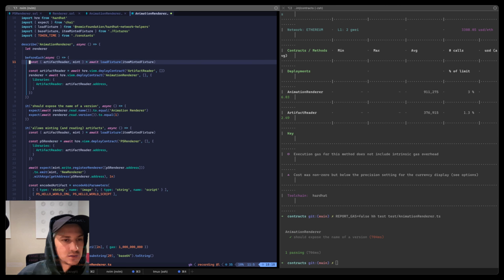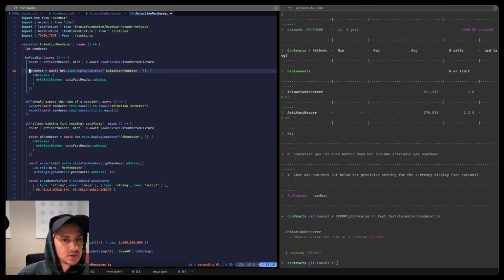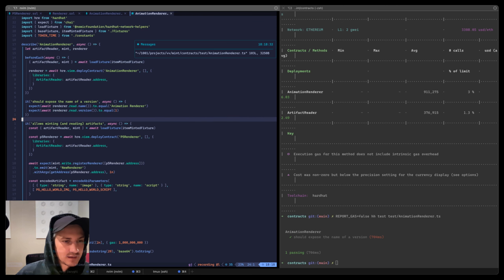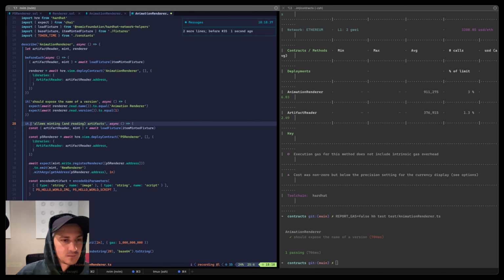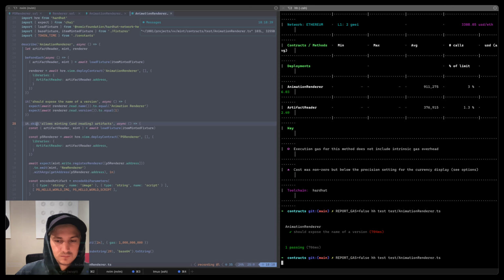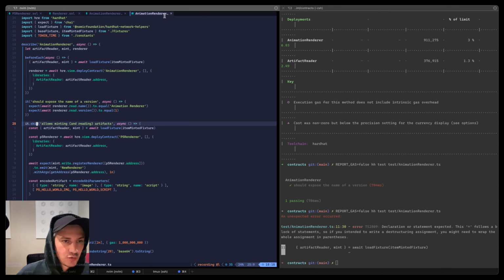This. And this. Let's see if this works. I don't know if in TypeScript we can assign like that. No, we cannot. So